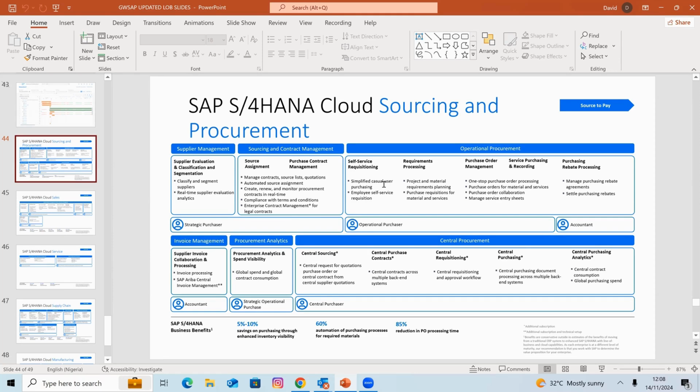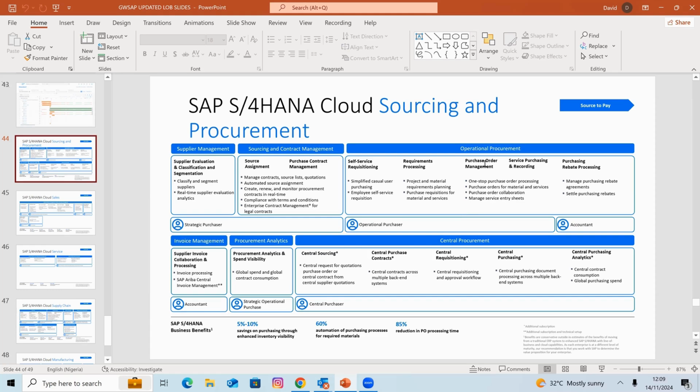You can do self-service acquisition as an employee to the procurement department to make that particular PO, or purchase order. So it simplifies casual user purchasing. An employee can place requests for particular goods to the purchasing department, where the purchasing department converts this requisition to a purchase order, and that order will be met.